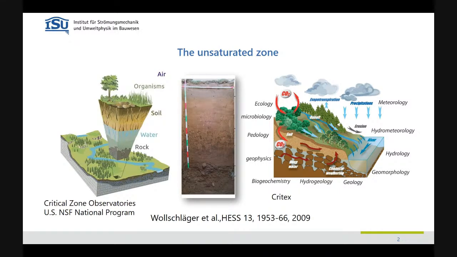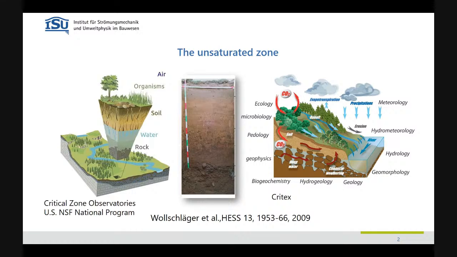But it's not only the water balance, it's also the energy balance that is directly related to that. That's important from an atmospheric perspective. For example, latent heat flow depends a lot on the water availability, so on the flow processes in the soil. It's also important for component transport, most prominently greenhouse gases, where it can be a sink or a source. The vadose zone is also very often considered in relation to agriculture or food production, and then it's transport of nutrients, but also pesticides as an example.